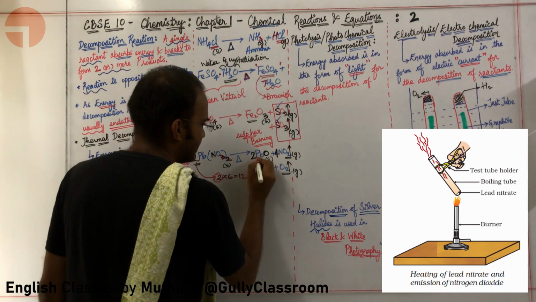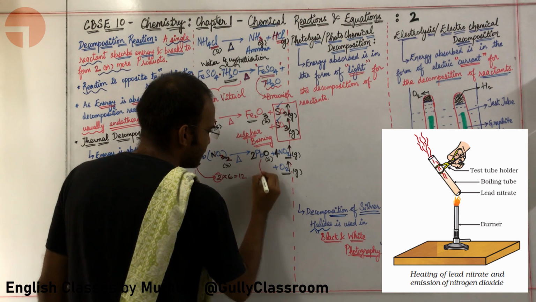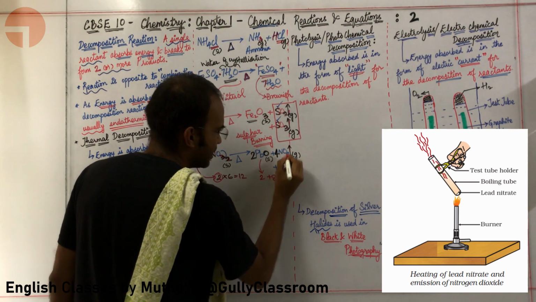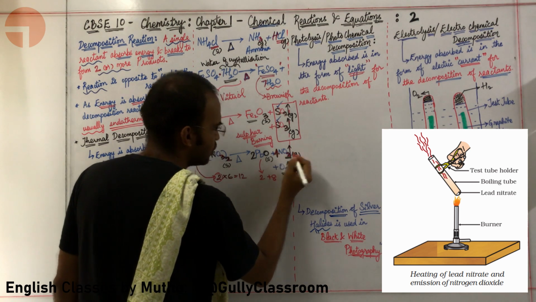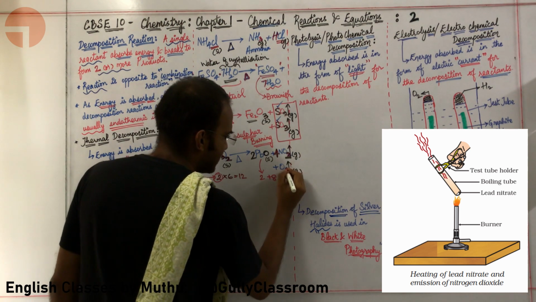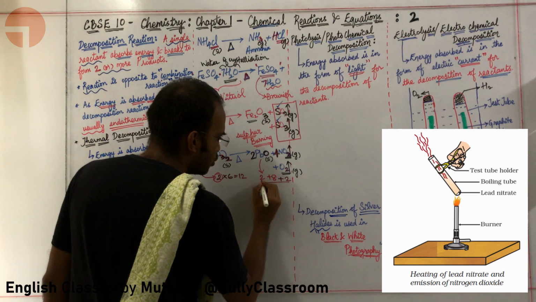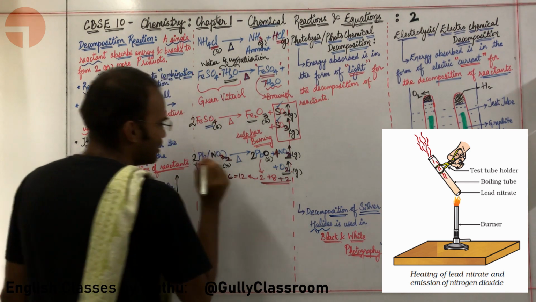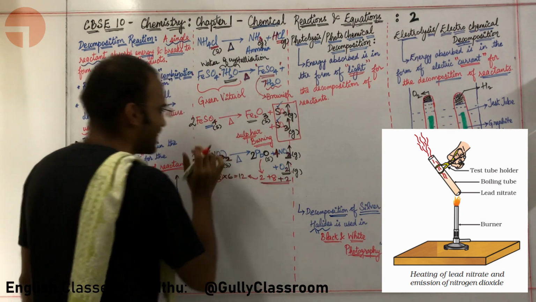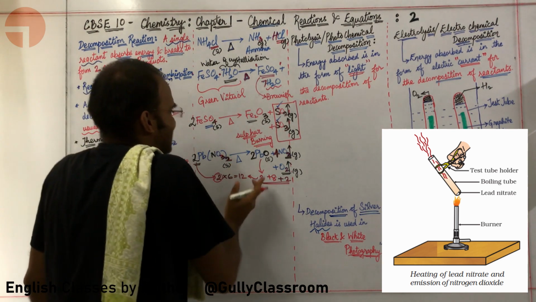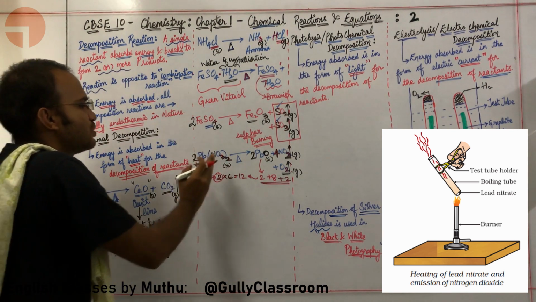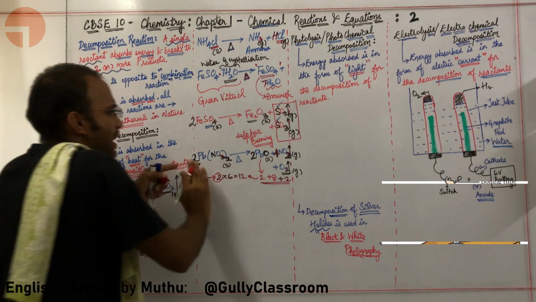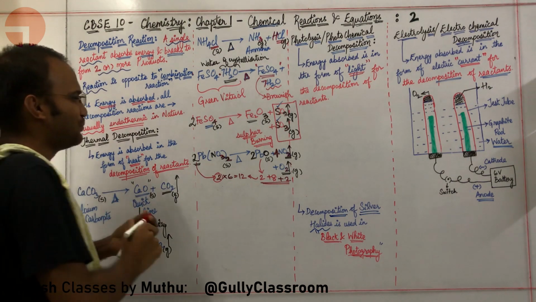Okay, what about here, sir? Here there is 2 oxygen. Okay, what about here, sir? Here there is 4 into 2, 8 oxygen. Plus here there is simply 2 oxygen. 2 plus 8 plus 2, once more, this comes to be 12. So, both LHS and RHS, left hand side and right hand side, are balanced also in terms of oxygen. Are you able to understand how I balanced this particular beautiful reaction?